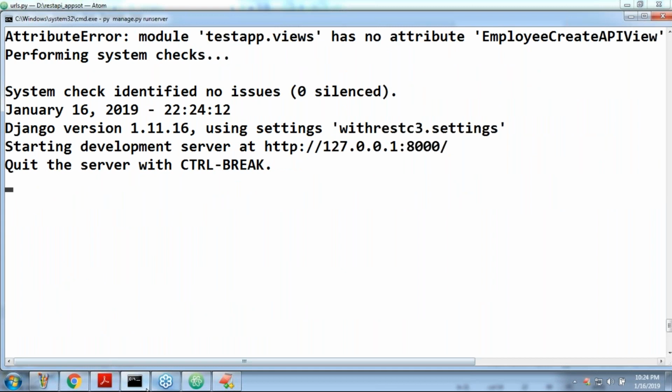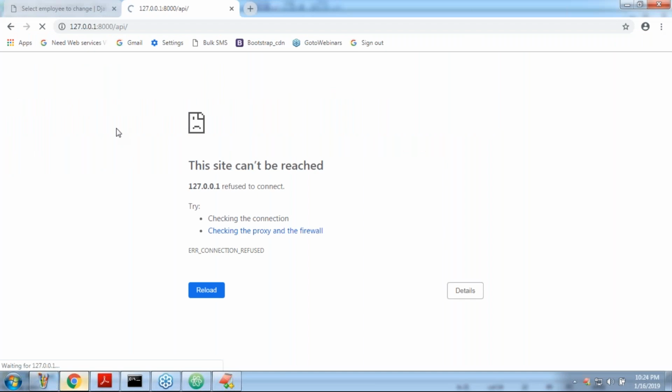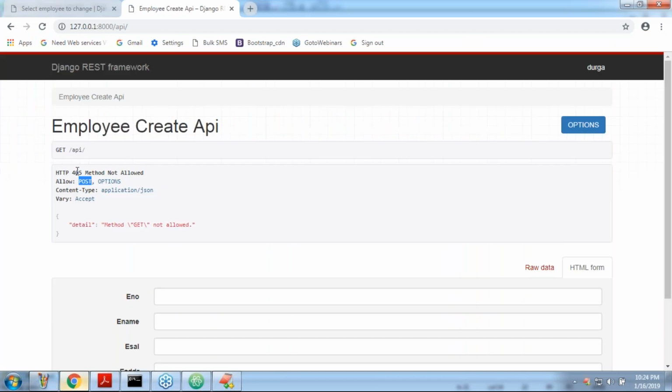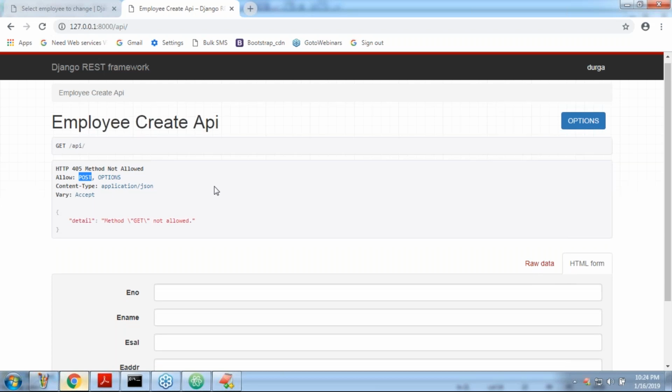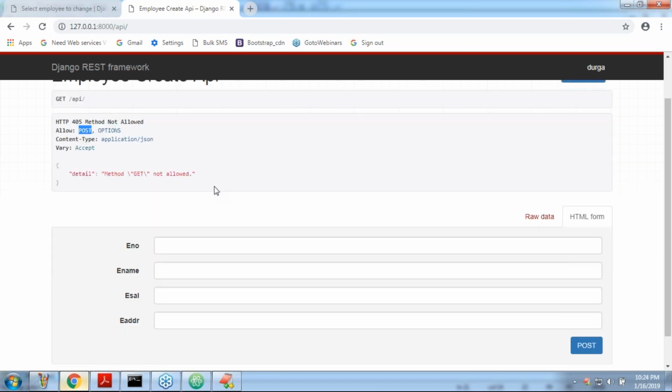Have you observed? Now you can happily perform the post method. Get method is not allowed, 405 status code. Get is not allowed because we didn't implement get functionality. We implemented only post, that's why you can do post. Now it is providing employee number, employee name, employee salary.